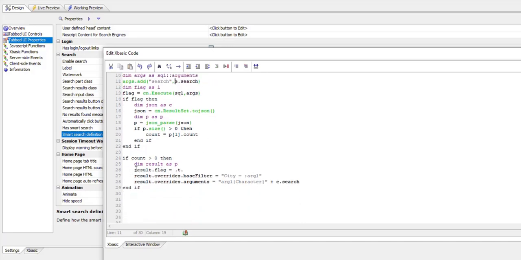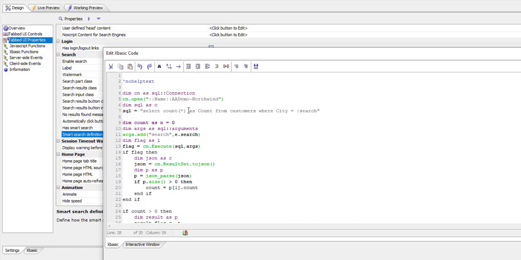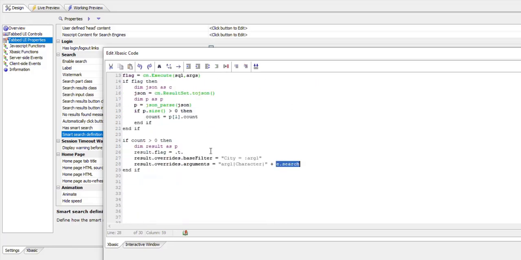then we're going to assume that the rule is true. So we set result.flag to true, and we're going to override the base filter and the arguments property of the function. So we're going to set the base filter to city equals an argument value, and we're going to define the argument using this syntax: the argument name, the argument type, and then the argument value. So e.search is the value that was typed into the search box. So if the count is greater than 0, then we're going to set the base filter and the arguments